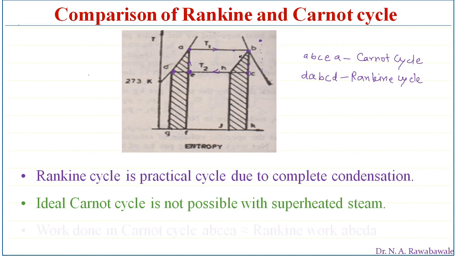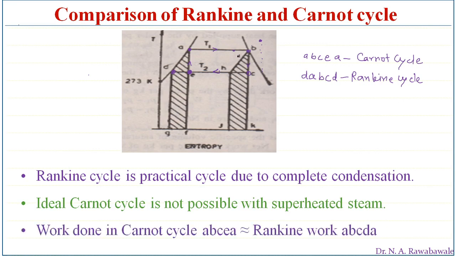Next one, the work done in Carnot cycle is given by area A, B, C, D, E, whereas in Rankine cycle, the area A, B, C, D, A gives us the work done. So a very small amount of work is in excess in the Carnot cycle. Here the amount of work produced by both the cycles is approximately the same. So instead of using a Carnot cycle as a standard reference, a Rankine cycle can be used as a standard reference